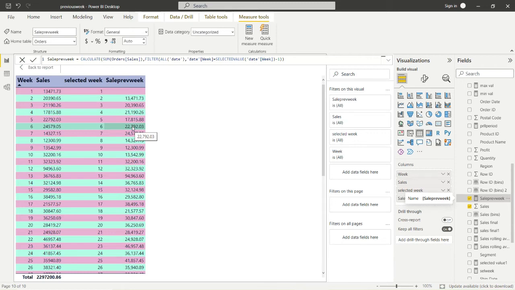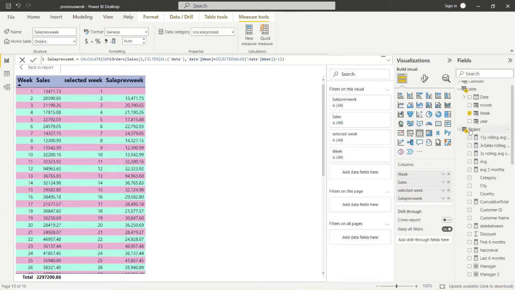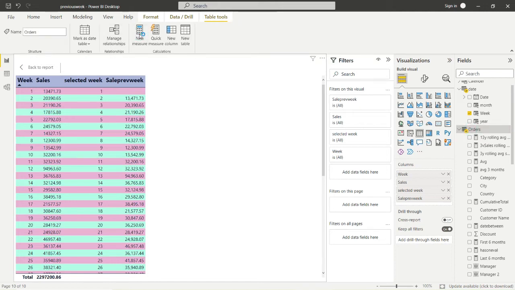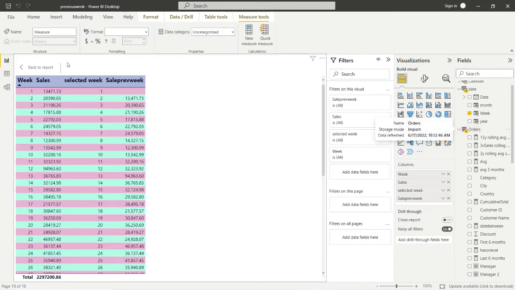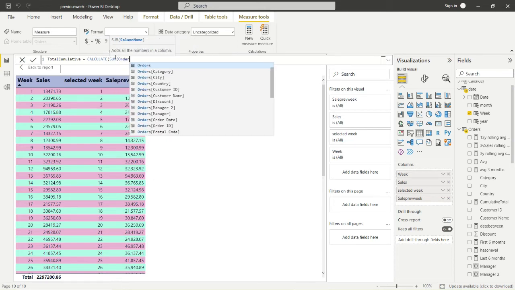Now here we will show you how to calculate the cumulative sale based on the week. So for that, write another measure, that is the cumulative total equal to, again CALCULATE function, SUM of orders sales,